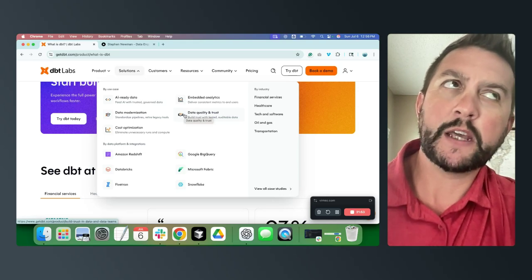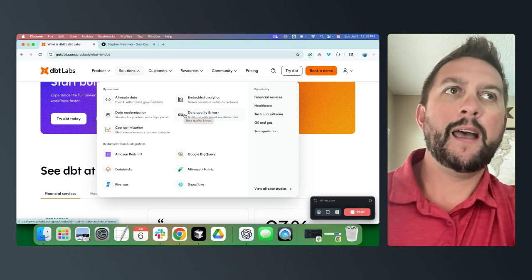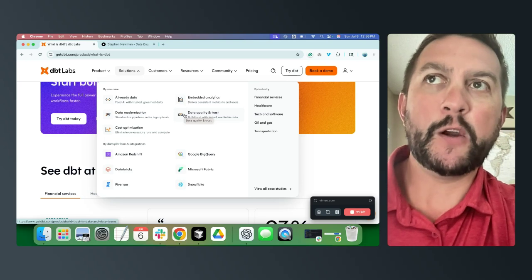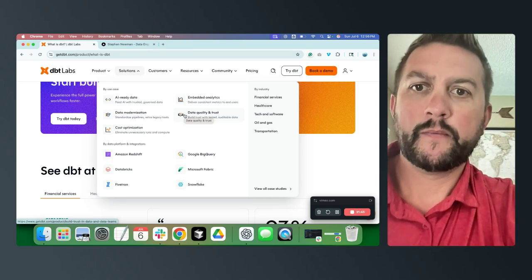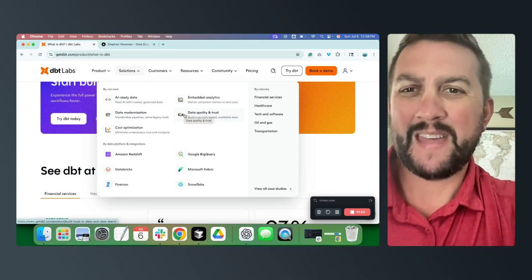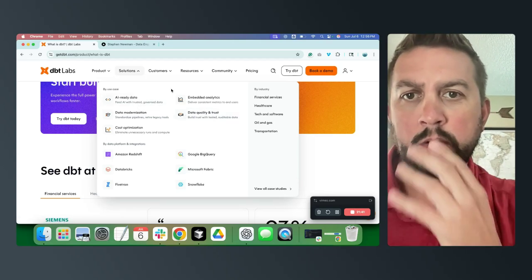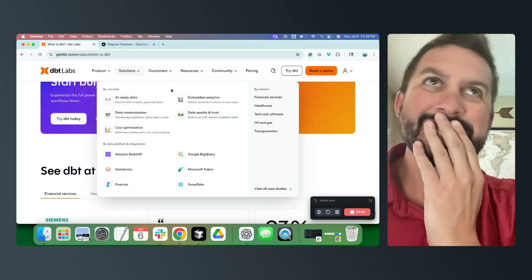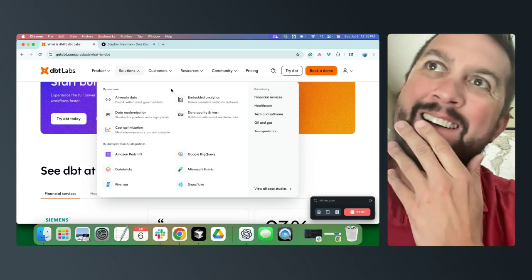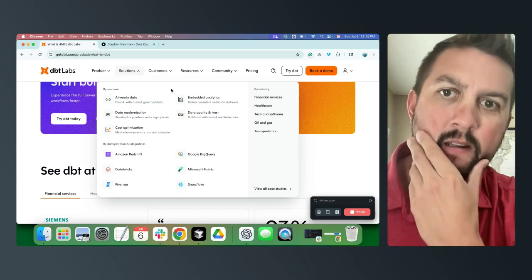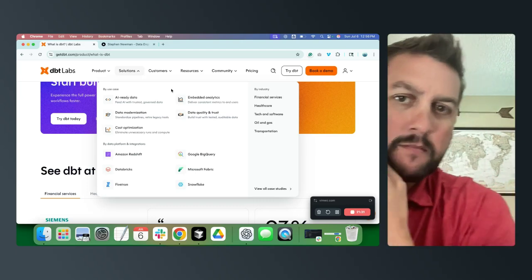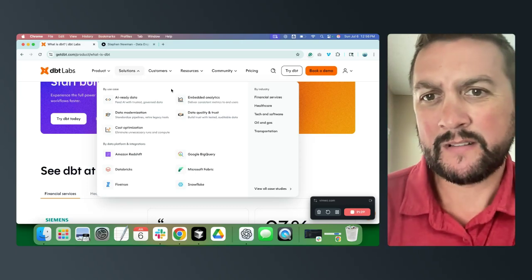When it comes to use cases, it's the people that are using the product. What are they trying to achieve, right? AI ready data, yeah, I don't know. Maybe that's more like data cleansing for AI, data modernization.